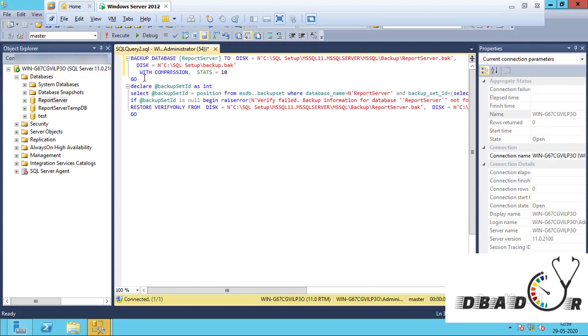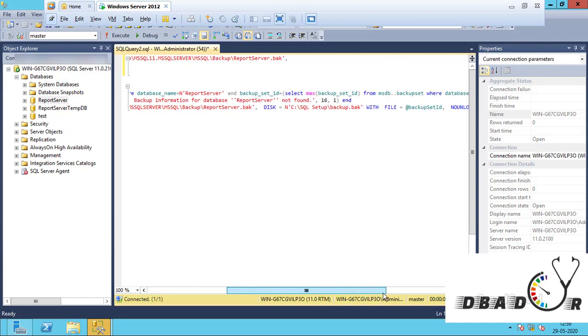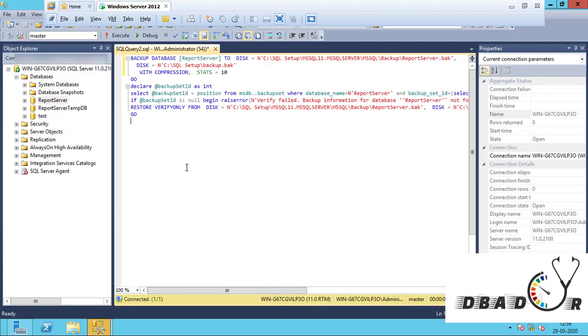here the compression I already informed, it will compress the entire size of a backup, and these things are not required. It will verify the backup, but as of now I'm avoiding this. If you require, we can keep it. Okay, so later for a scheduled backup we will keep these verifications and all, and we will see how the verification will happen, and how we can schedule expiry level in today's topic only. But now we are just taking a backup in command line.